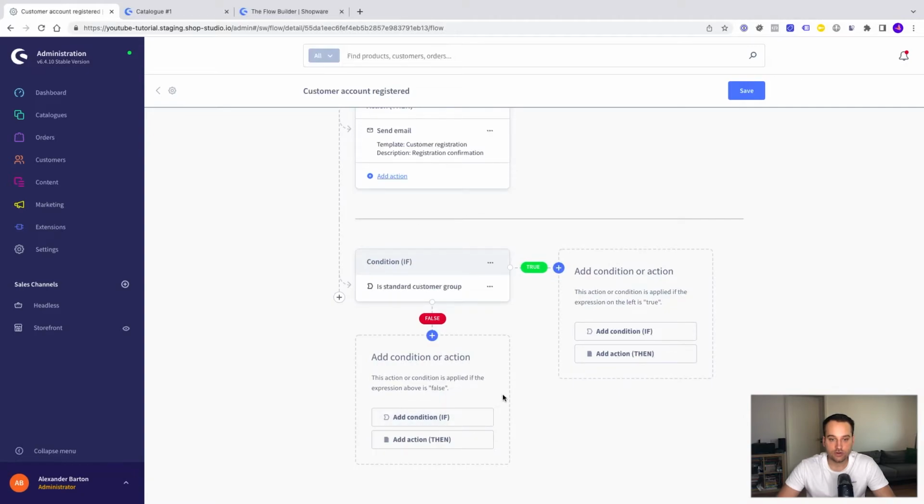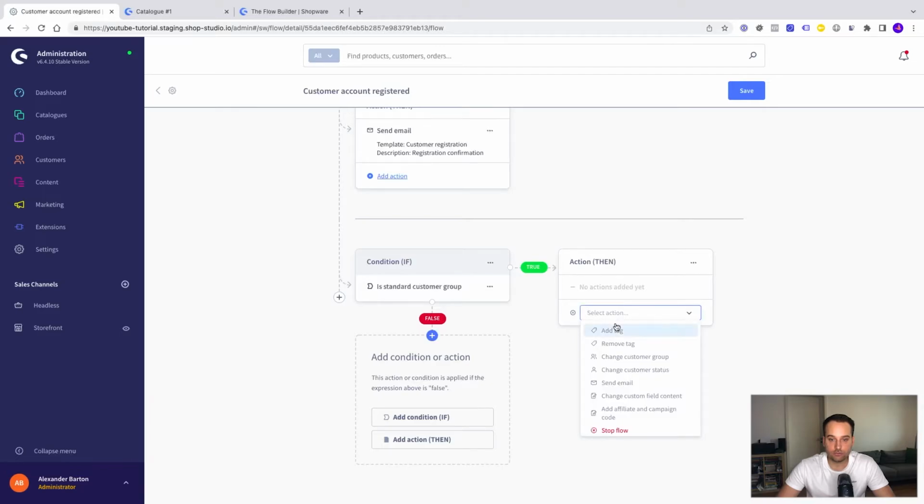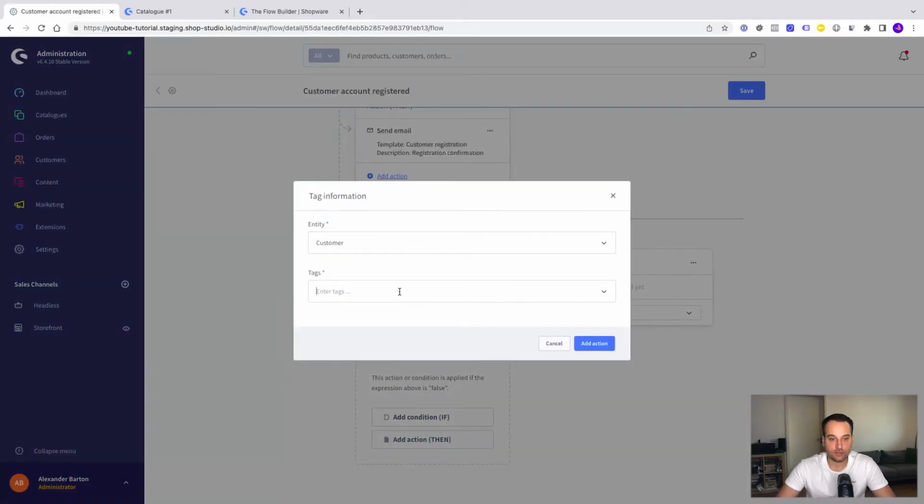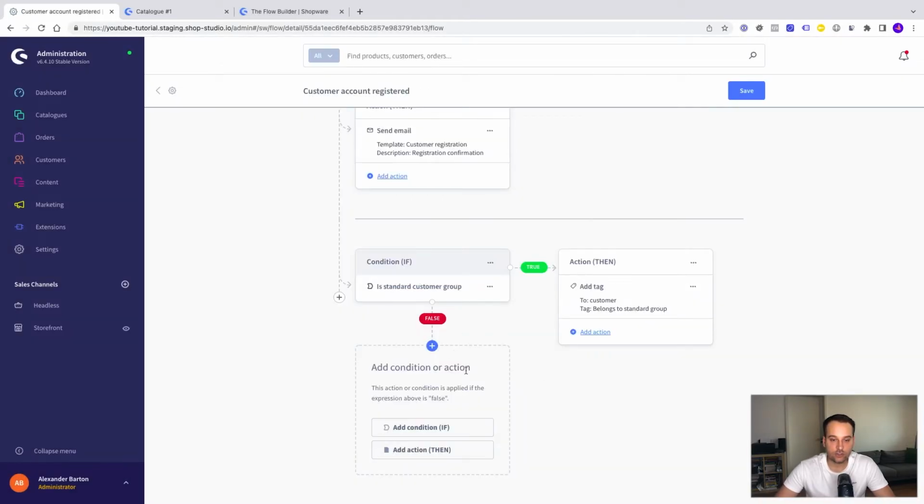We can now define two actions. If this condition is false, we can add an action here, or if this condition is true, we can add another action. For example, is standard customer group. Let's say the action is we add a tag to the customer. And the tag could be belongs to standard group. We click on enter and we add the action. And the false condition, we can leave it empty, but